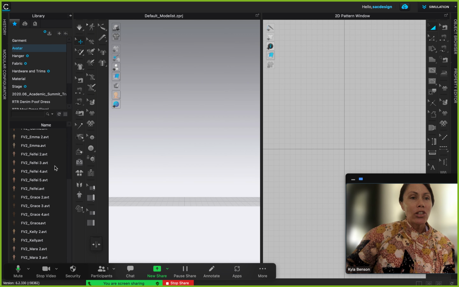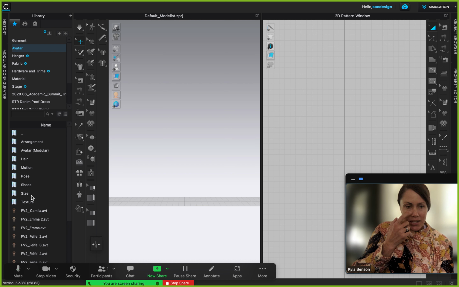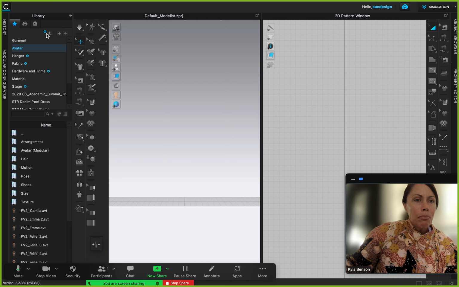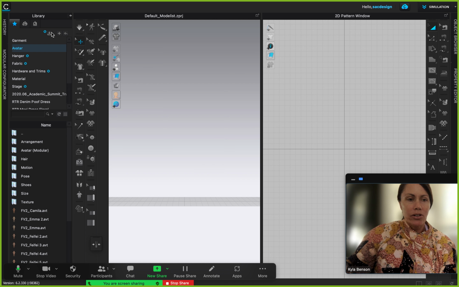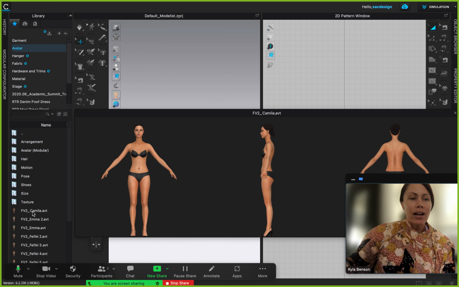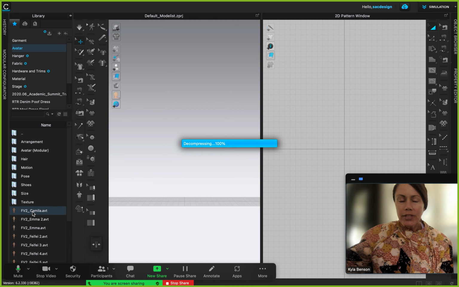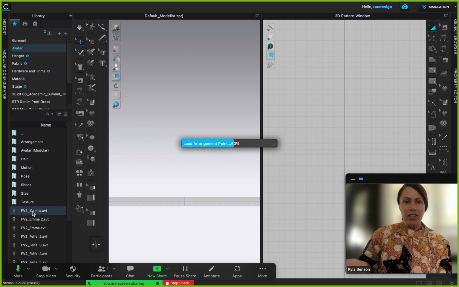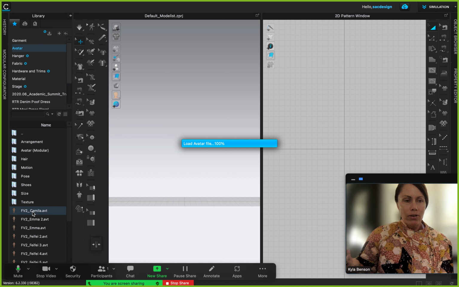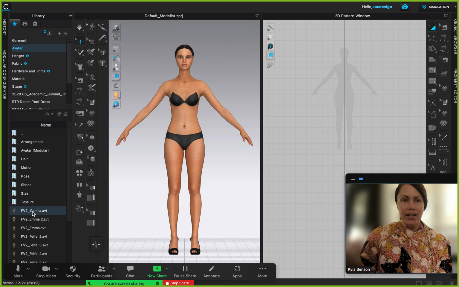Maybe I have more than you. If you don't see them, I think I might have just extra saved for some reason. But anyways, if you hit this download button, maybe you can refresh it. Sometimes not all of them are downloaded, just to help your computer save memory. But pick any one. I'm just going to pick the top one. You can pick anyone you like. Okay, so that's how you get your avatar. I gave it a double click. I'm just waiting right now and it'll pop up. And okay, let's see. Yes, okay, great.